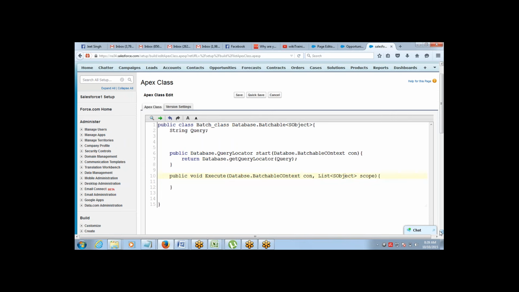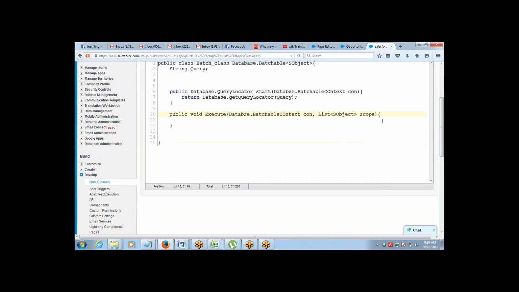Got it? So that's what the scope is. This is where the list of sObject is returned, and that I am going to use inside the execute method.